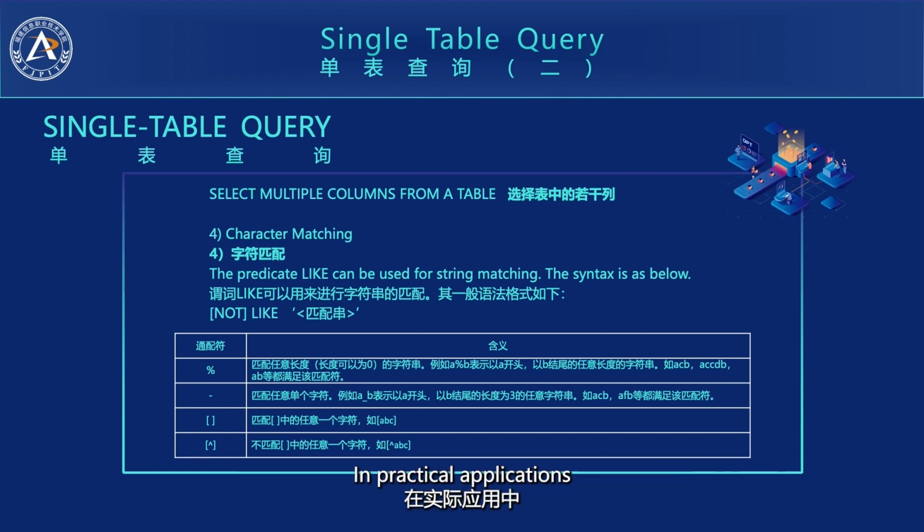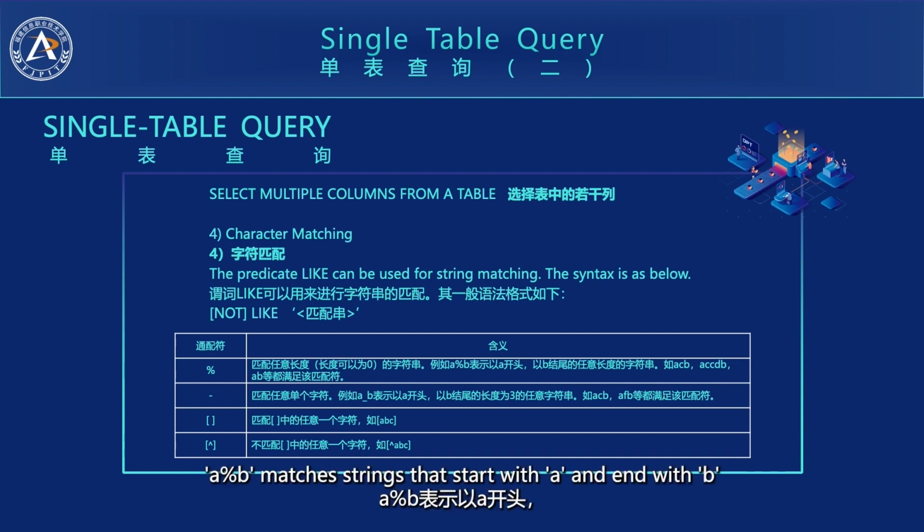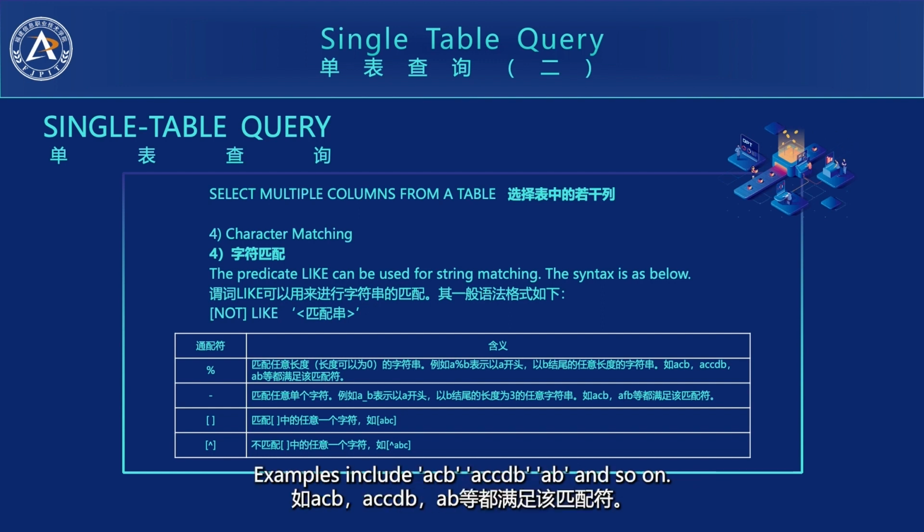In practical applications, when there is a need to retrieve a batch of records from a database, but an exact query condition cannot be provided, like can be used to perform a fuzzy search. Wildcard characters and descriptions. The percent sign matches any string with 0 or more characters. For example, a%b matches strings that start with a and end with b, with any number of characters in between. Examples include acb,